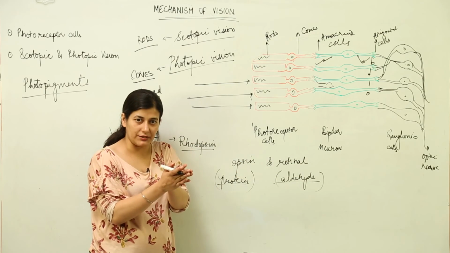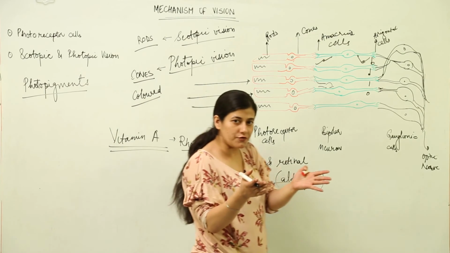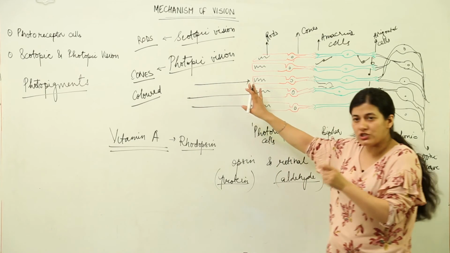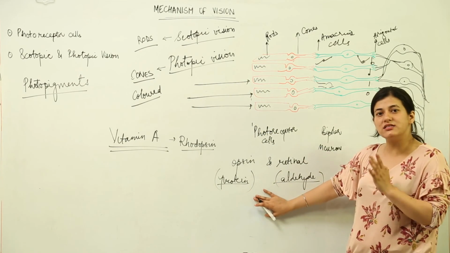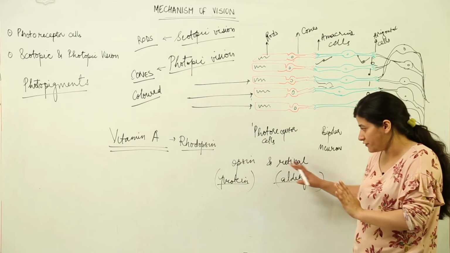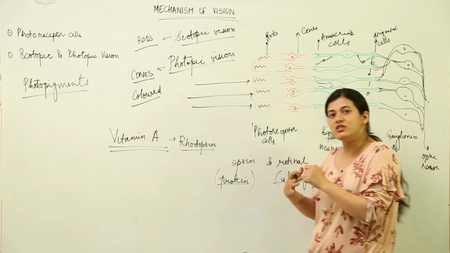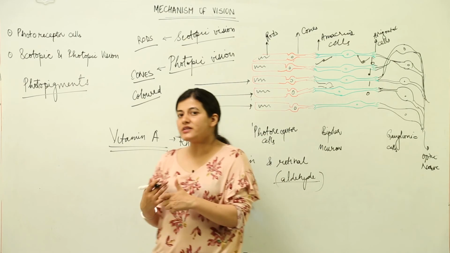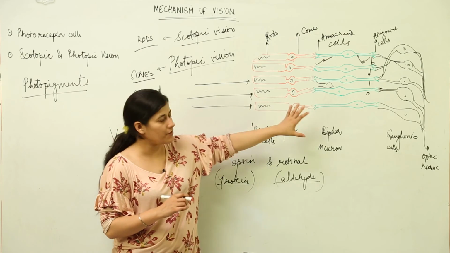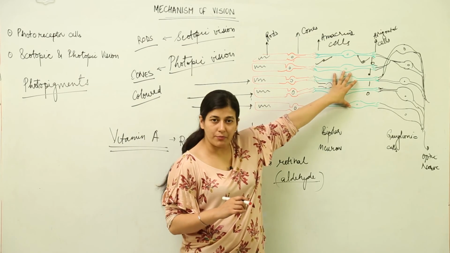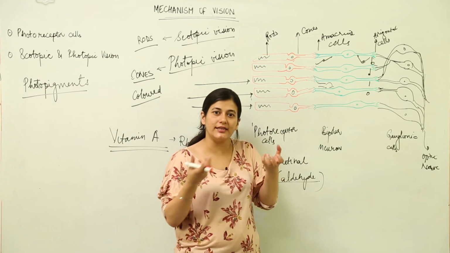They both are present together. The opsin is dissociated from the retinal by the stimulation caused by the light falling on the retina. As soon as the opsin gets dissociated from the retinal, there is a change in the structure of opsin. When there is a change in the structure of opsin, an impulse is generated and the bipolar neurons are ready to take that impulse.